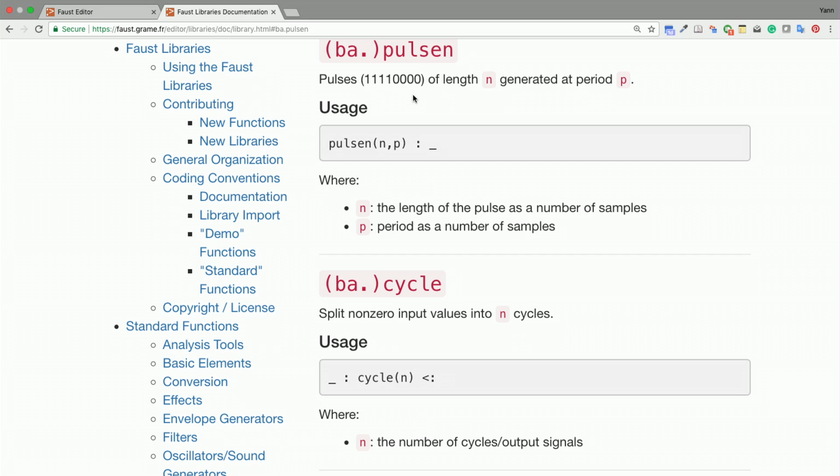pulse every second. As an exercise, try to add another impulse generator running at a different period to create some polyrhythm effect. You can now pause the video and try to guess how to do this. One solution to the previous exercise could be